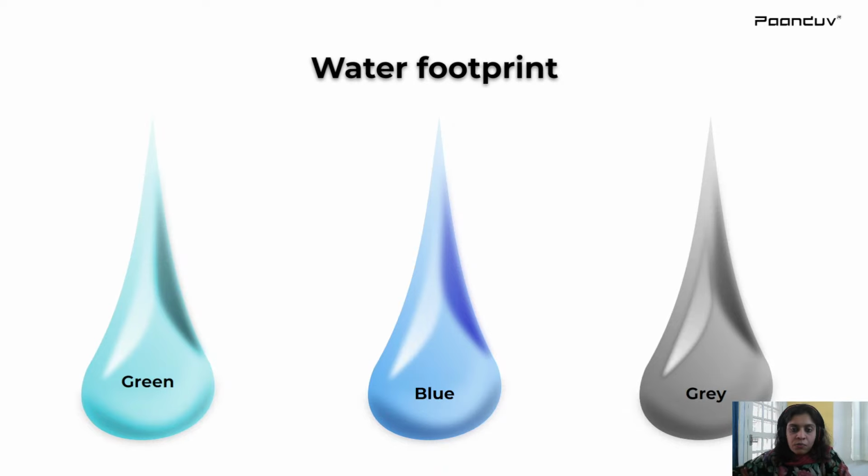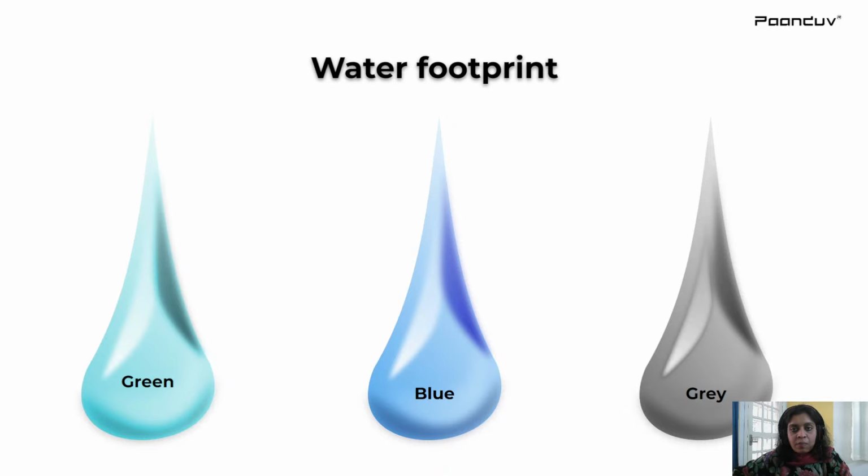First of all, what is a water footprint? When the water is consumed, the tracing of that, and if we trace how the water is being used, that is called the water footprint. And on broad category, we can divide it in three forms: green water footprint, blue water footprint, and gray water footprint. Green water footprint comes from the source, which is precipitation. The water percolates through soil, it evaporates, it transpirates through agriculture and horticulture applications.